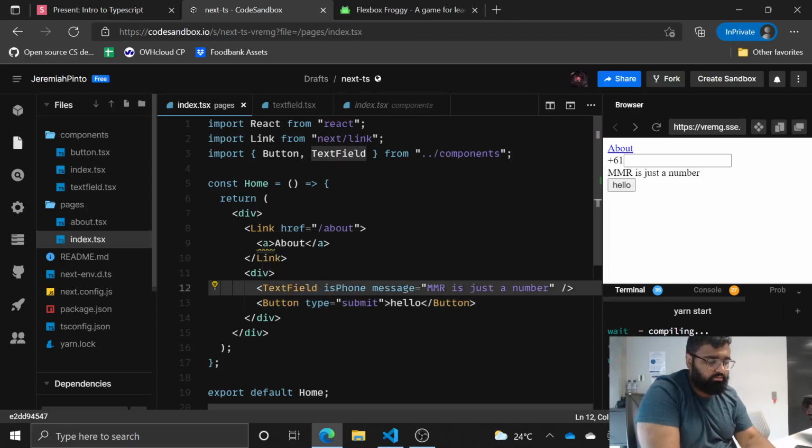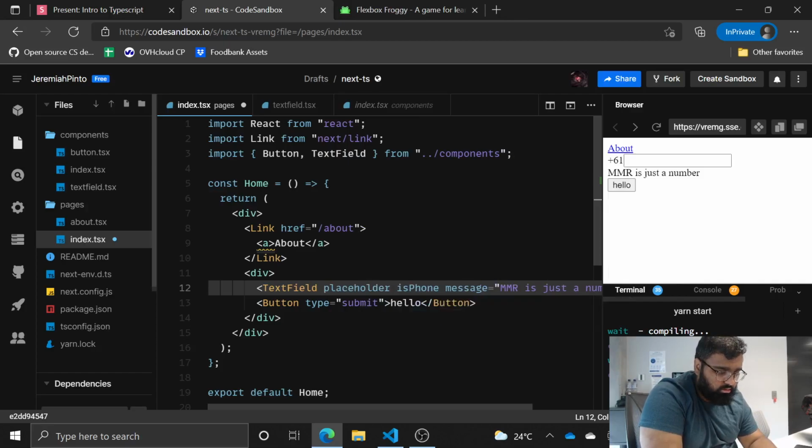So let's also put in a default thing. So placeholder equal to